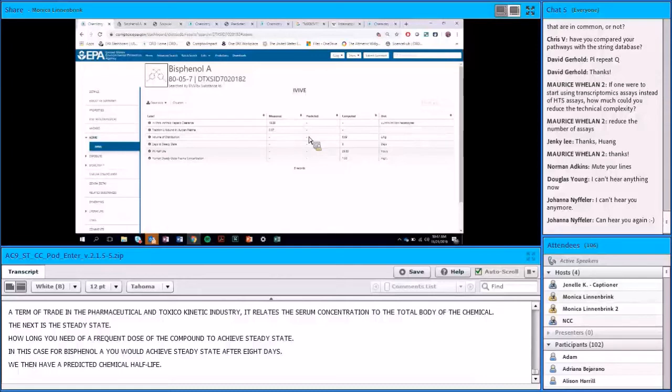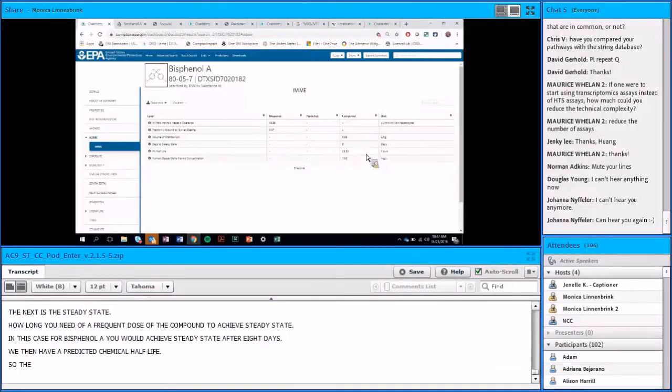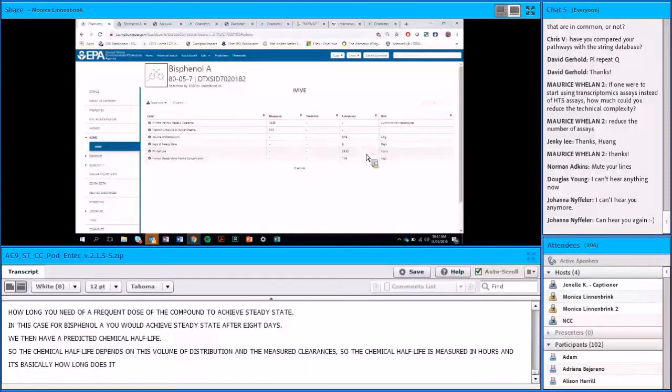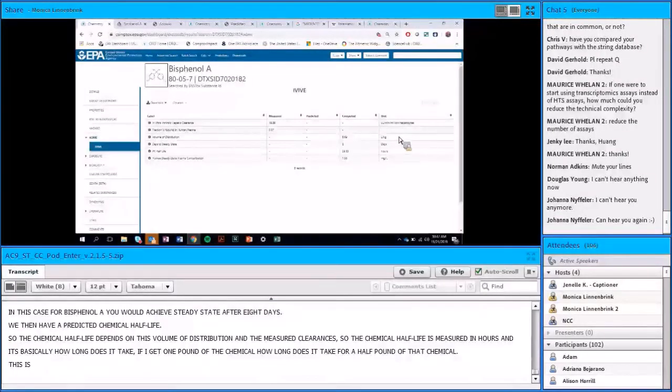We then have a predicted chemical half-life. So the chemical half-life depends on this volume of distribution and these measured clearances. And so the chemical half-life is measured in hours, and it's basically how long does it take, if I get 1 pound of the chemical in me, how long does it take for there to be half a pound of that chemical? And so this is a prediction that's based both on the measured values and then the predicted volume